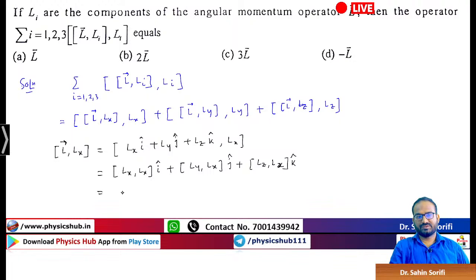Now the first term is 0. The second term, Ly Lx, is in the opposite direction, so minus i h cut Lz j cap. Lz Lx is in a clockwise sense, so this will become plus i h cut Ly k cap. Hence it can be written as,